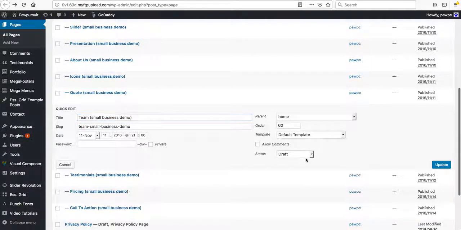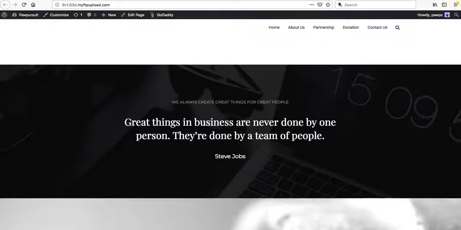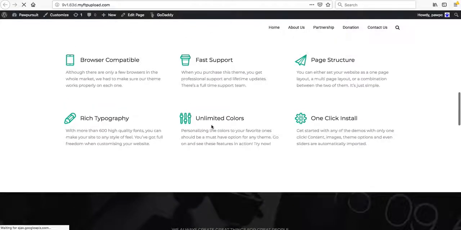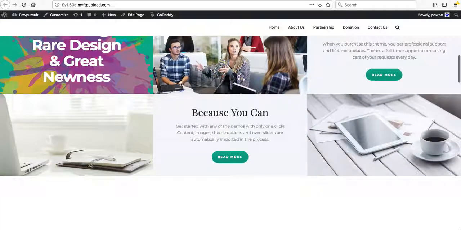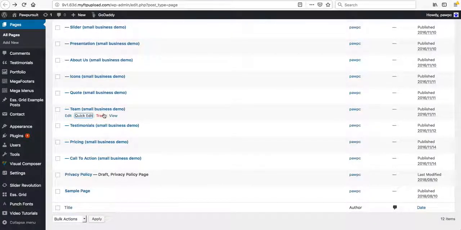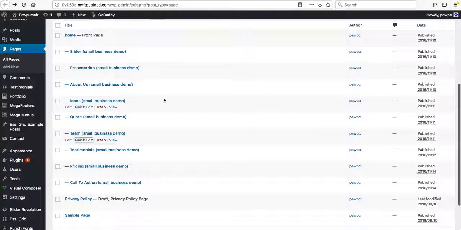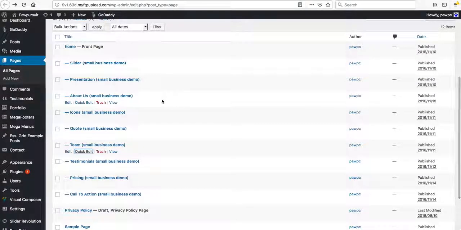Quick edit, published, update, and now once again, after a refresh, that section will then reappear, giving you the capabilities of editing and changing it. But that same principle is consistent across the board. If for some reason you're like, this is redundant, I don't want this, I recommend, once again, do not just come here and trash it, because then rebuilding it is more cumbersome than just putting it in draft form and doing that. So at this point, let me go ahead and close the